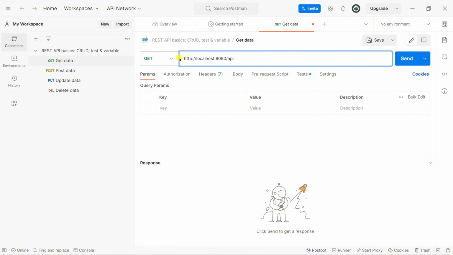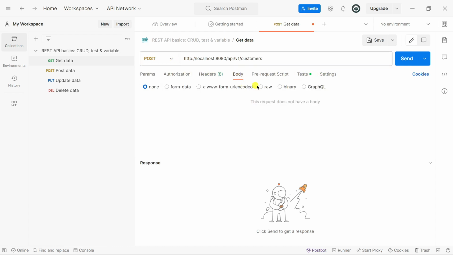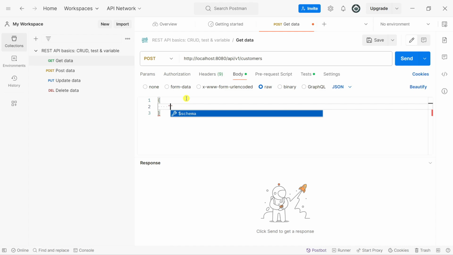Remember, the path will be api/v1/customers, and then I would like to change it to a POST request, and in the body I would like to click on raw and JSON. In the request body it will be name, in this case Sam, and the email is for example sam@gmail.com. The address is from US.